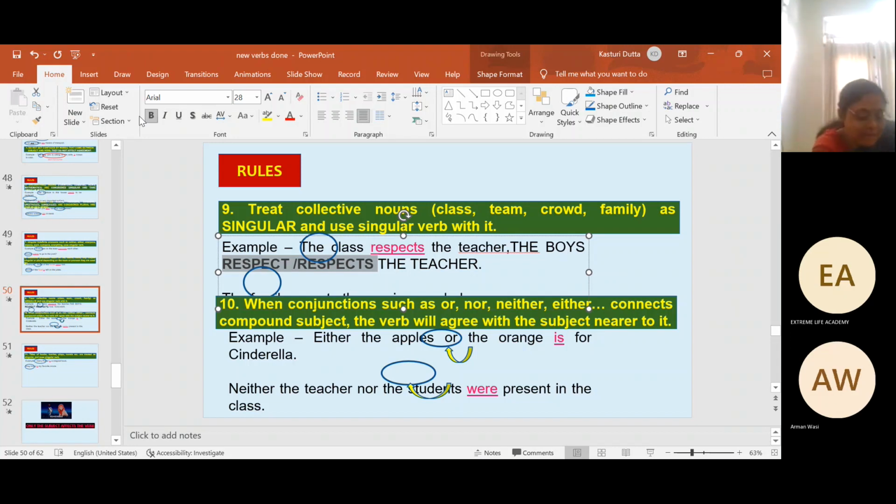What happened, Arman? The boys respect. So you said the boys respect. Okay. Yes. Now the answer is correct. Your answer is 100% correct. Now you tell me the explanation for this. I'm going into a little bit conceptual, because this is very important. Because this will not be done every day. Once you inherit this in today's class, it will be carried forward for several classes, this concept. And accordingly, it will be applicable in your speech also. So now you tell me the reason. You just justify your answer with a reason.